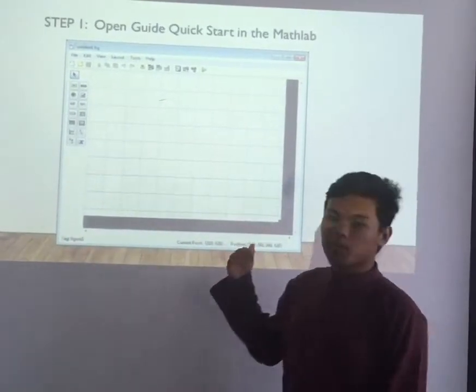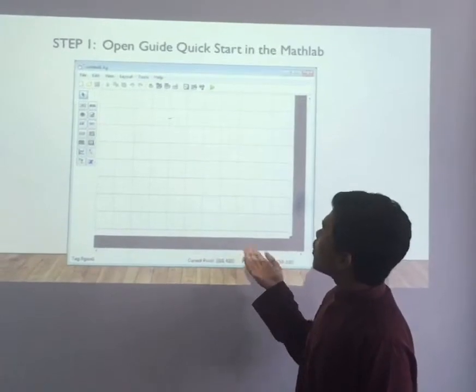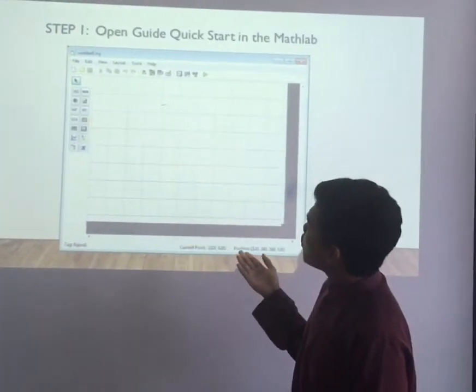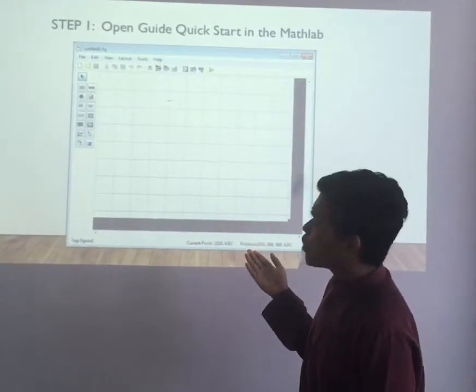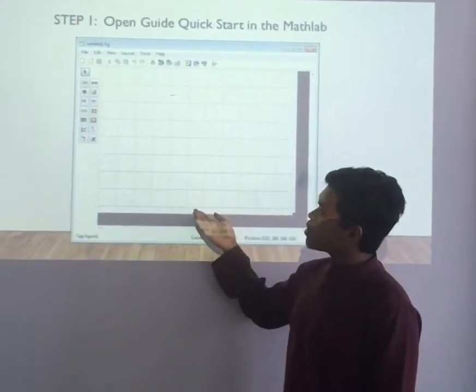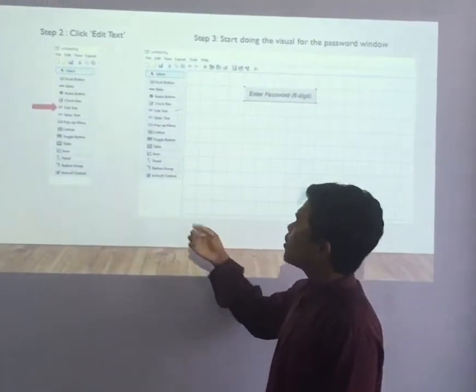So right now I will present to you about the graphical user interface, which is GUI. The first step is to open the quick start in MATLAB. We got quick start in MATLAB. In this session, we can edit what we're going to do in the blank page. So next, step 2, we click the edit text